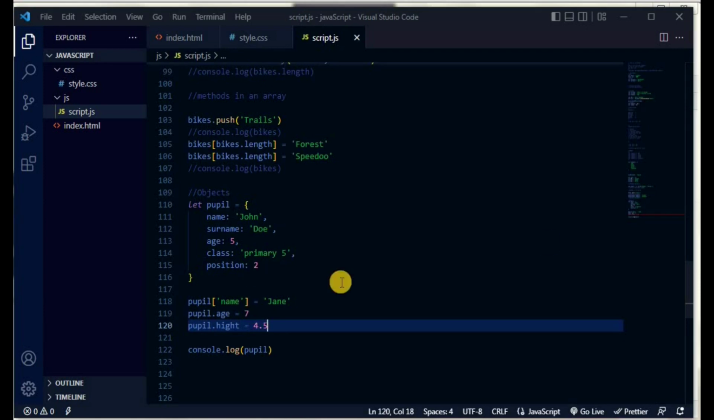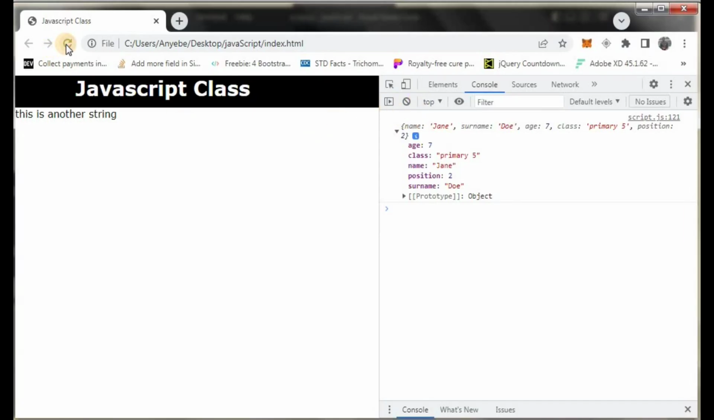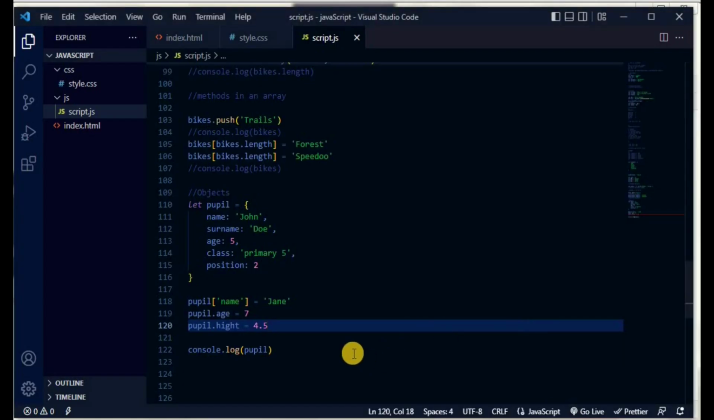I'm just putting something arbitrary, and if we go and check our pupil again, we'll see height has been added to the attributes. So that's actually another way to add attributes to the object. So objects can contain so many other things. You can actually have even a function in an object. Since we've not discussed function, I don't want to go into that yet, but I told you something about arrays